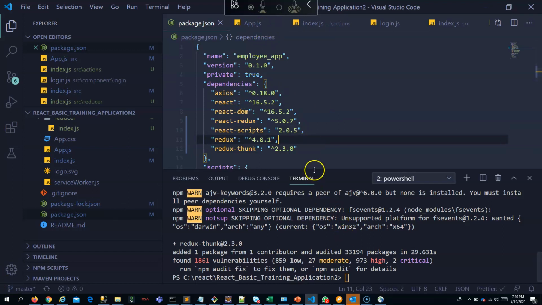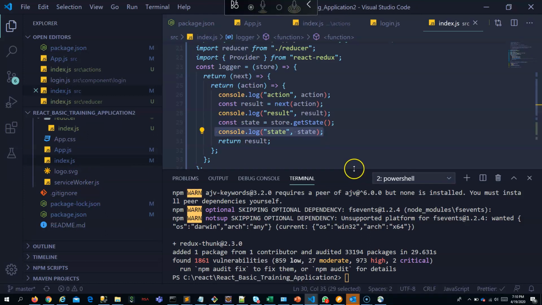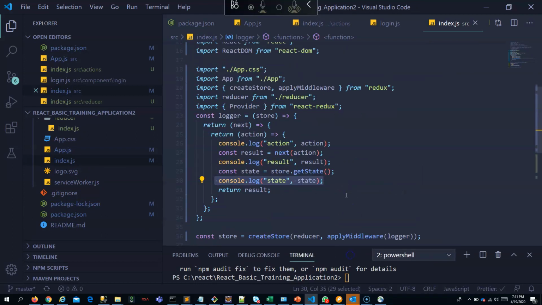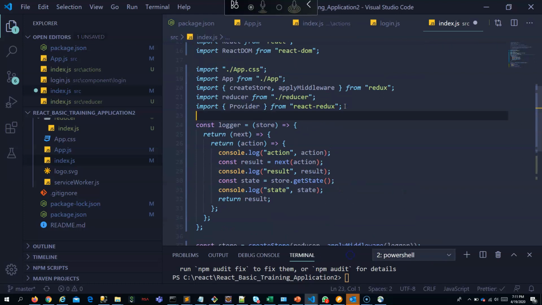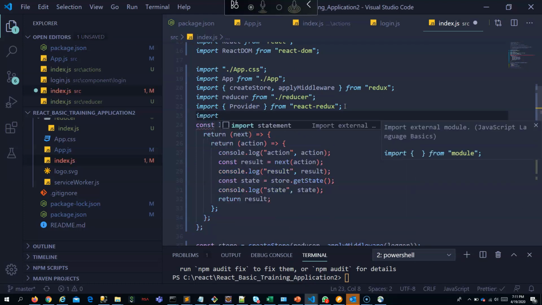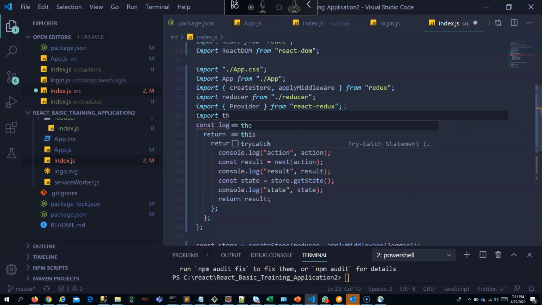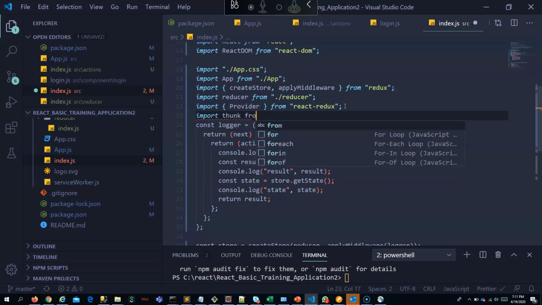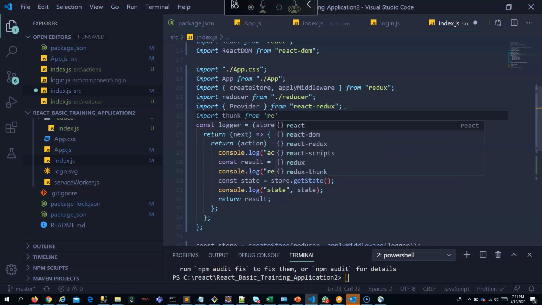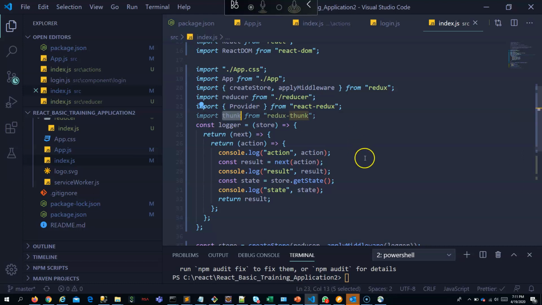So for implementing Redux Thunk, the first thing is to install Redux Thunk, which we have done. Then you have to add it in applyMiddleware in index.js. First you import thunk from Redux Thunk, and you add it as a middleware where we added logger.